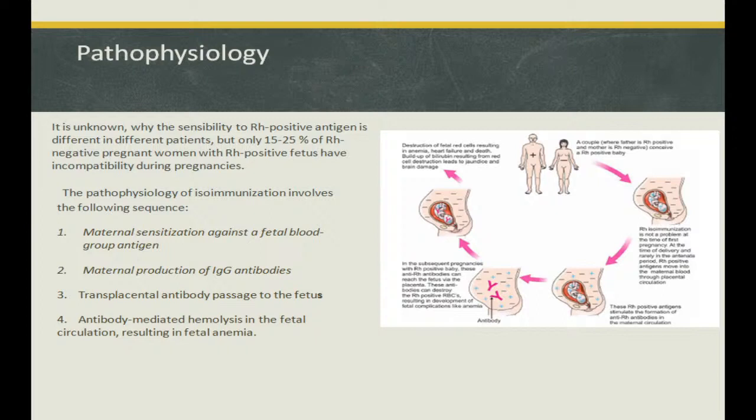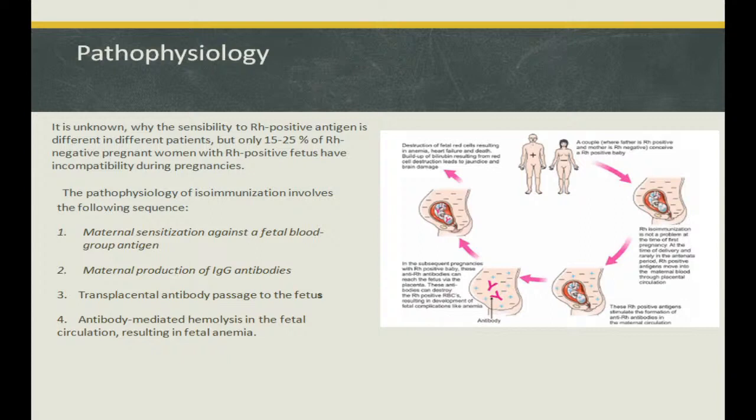If these antibodies pass through the placenta, they will affect the fetus, as shown in this picture, and lead to an agglutination reaction on the surface of RBCs, followed by hemolysis, destruction of the red blood cells of the fetus, development of hemolytic anemia, and increased level of bilirubin, indirect and direct, which will lead to